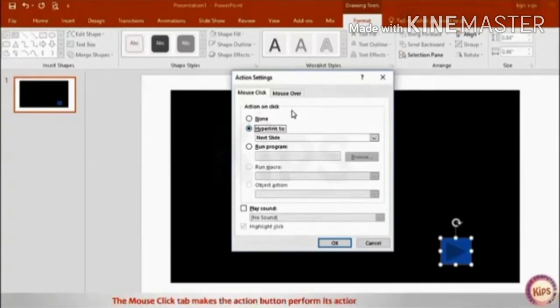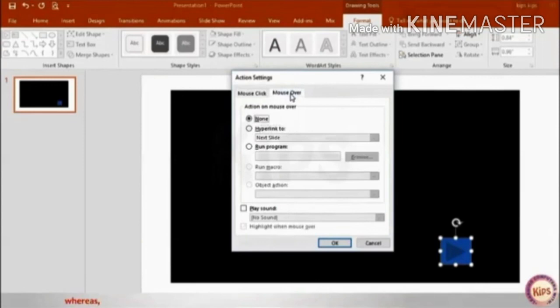The mouse click tab makes the action button perform its action only when it is clicked, whereas the mouse over tab will make the action button perform its action when you move the mouse over it.